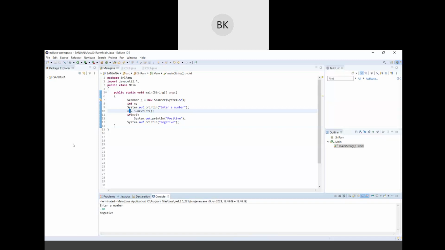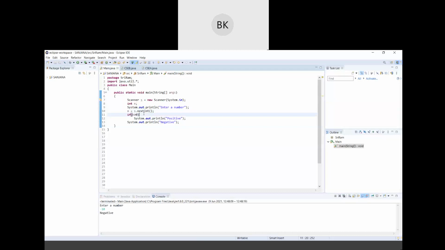How can you solve this problem? I said that. Tell me how you can solve this problem. By using return. Very good. By using the return statement. Okay, now we can